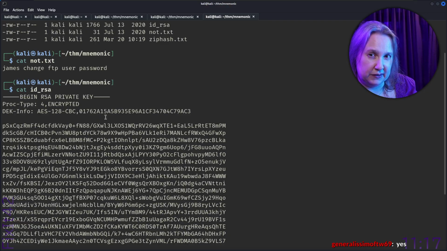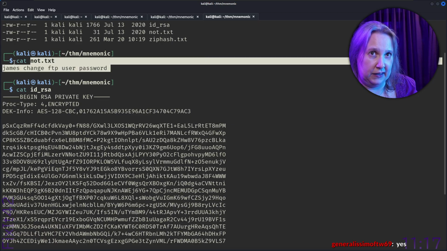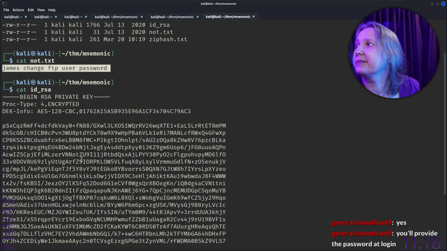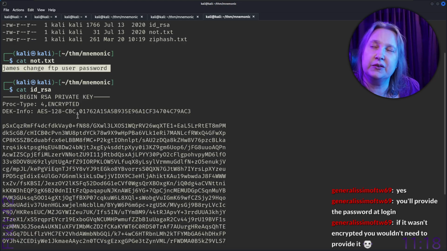So if I use this, I will still get a question about the password. And this is a hint that we can brute force it, I guess. You said to use John. You'll provide the password at login. Yeah, exactly. Then I was right. But how... So you said John. If it wasn't encrypted, you wouldn't need to provide it, smile.